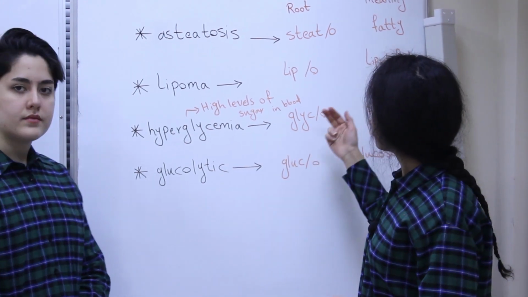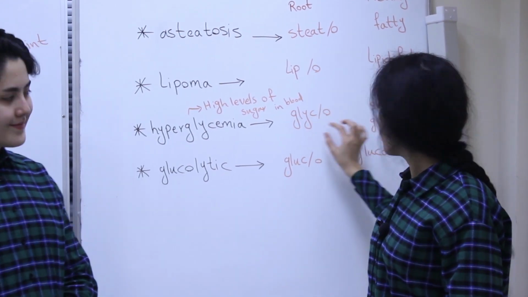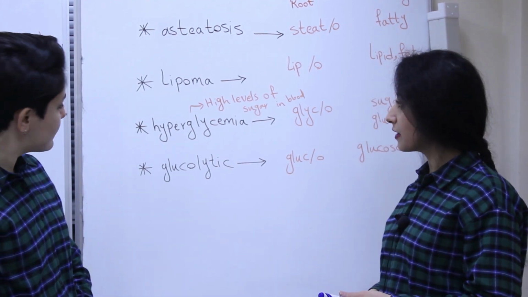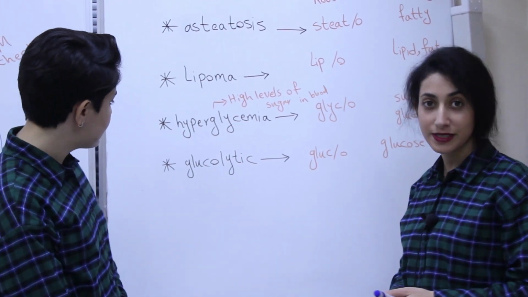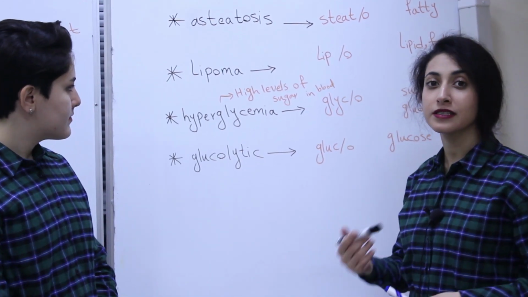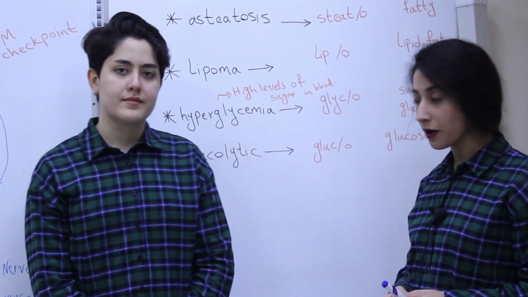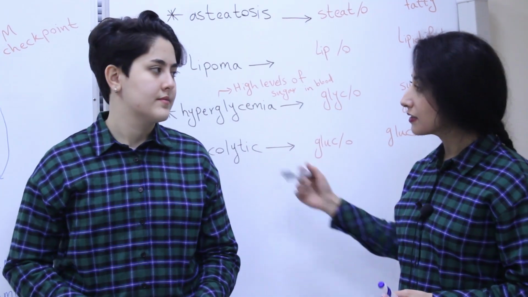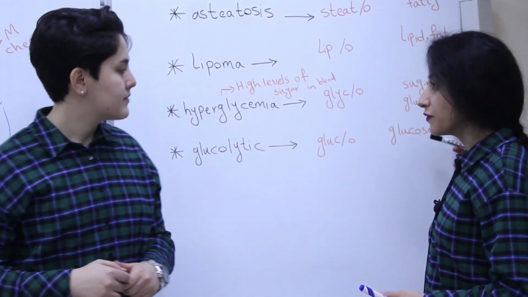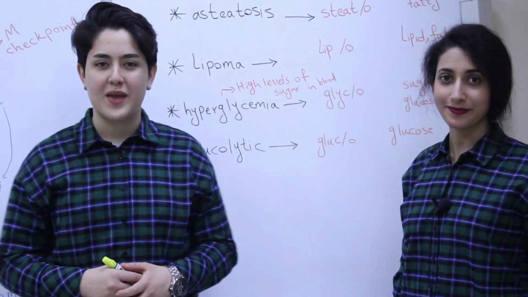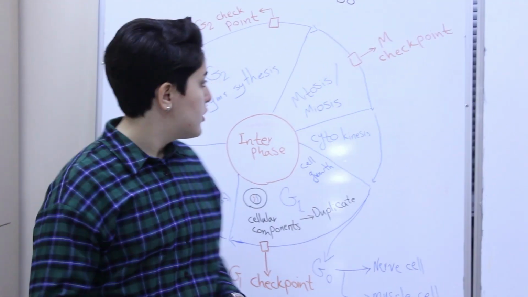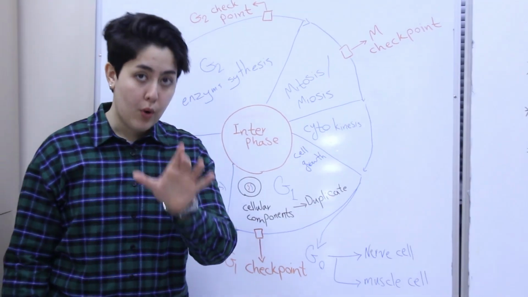That means the root is glyco, that means the glucose or sugar, and hyperglycemia means high levels of sugar in the blood, and it's a disease that we can discuss in the pathology part. And the last one is glycolytic, that the root is gluco, that refers to the glucose. Here I want to talk shortly but about some main points